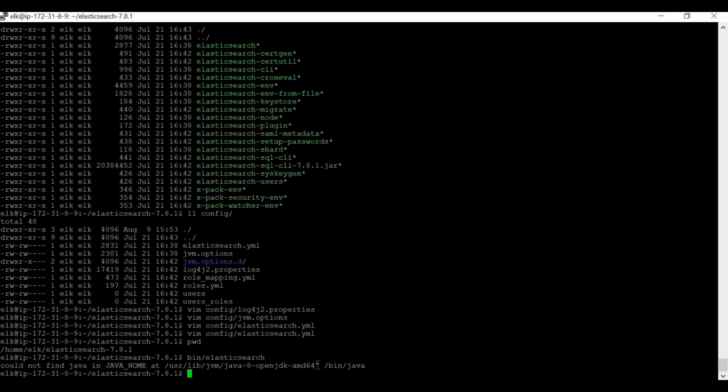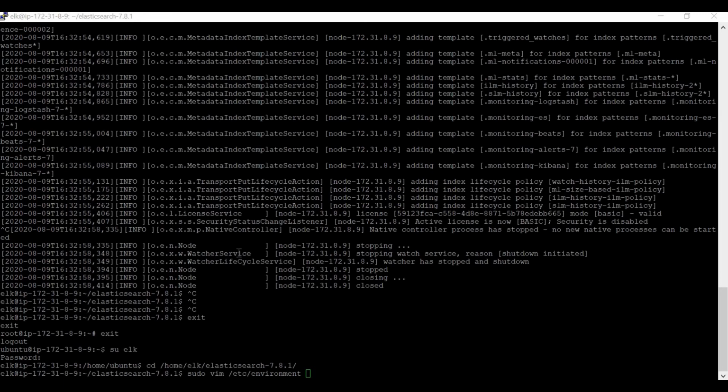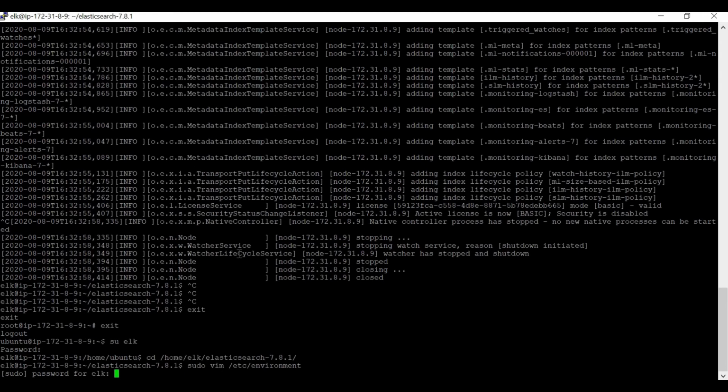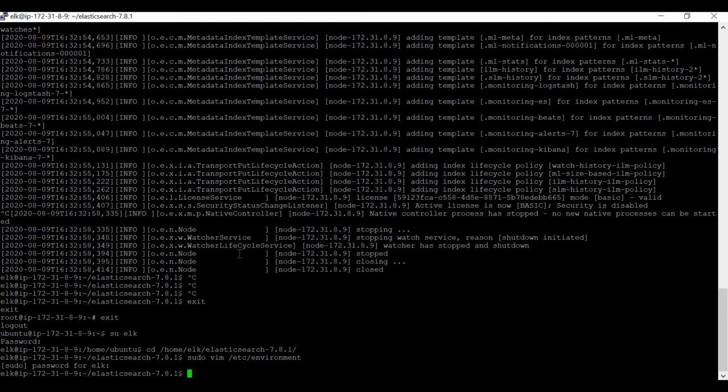Okay, I think I got it. This value is getting checked, that's the reason it is showing this. Let me go to the etc environment. Basically the issue over here was that there was one extra space, so I'm removing it and saving it again.